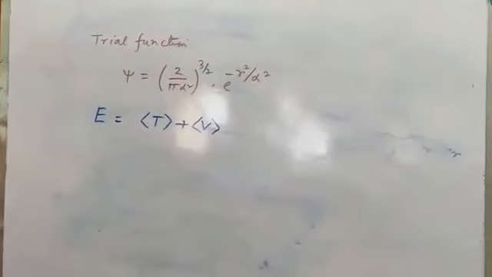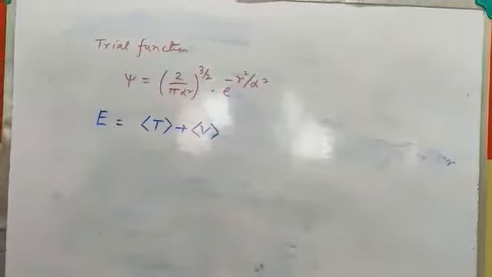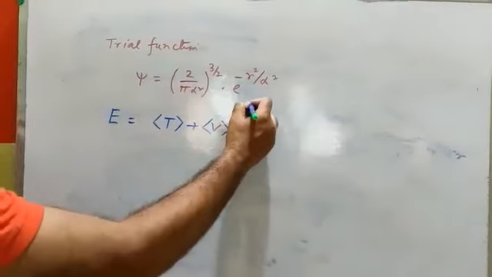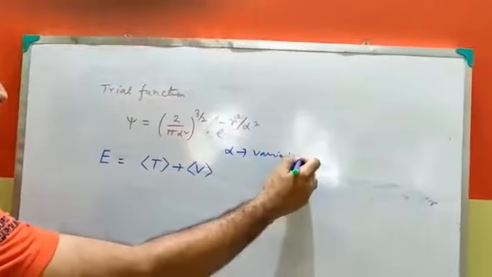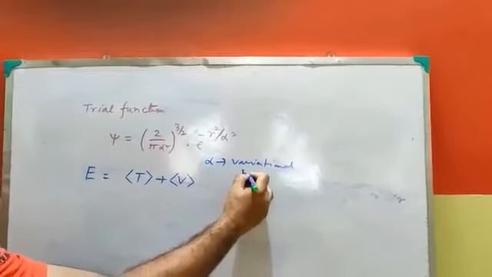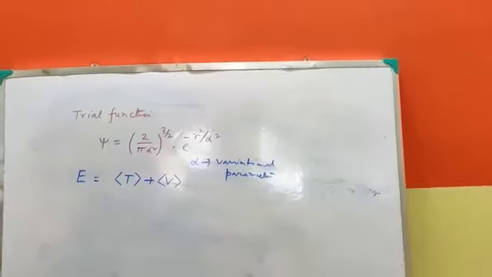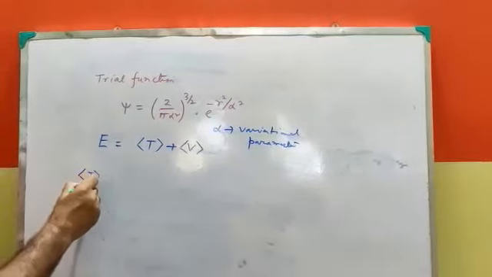Potential energy average to get the total energy. Then we will minimize the energy with respect to the variational parameter. Here alpha is the variational parameter. Like our previous case, alpha is the variational parameter here. So to calculate kinetic energy average,